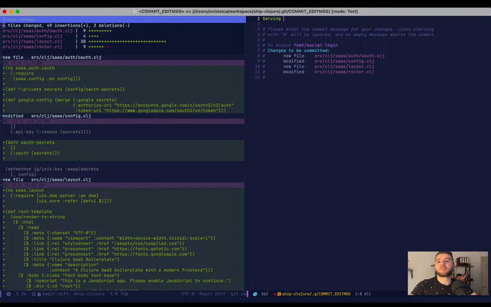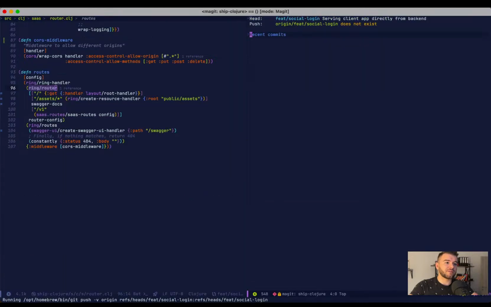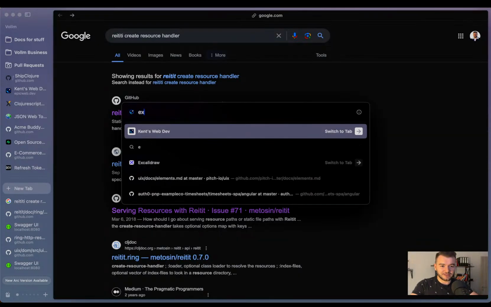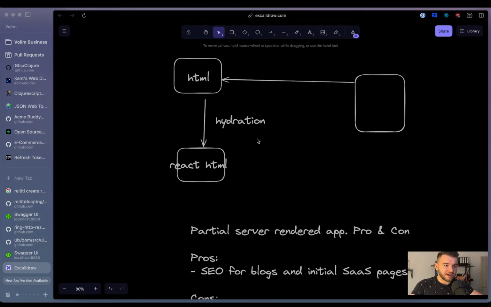Serving dynamic serving client app directly from backend. Okay, so now we have like a server rendered app, but it's dynamic, so it's not like a full server rendered app. So I had an Excalidraw. Yeah, okay, so